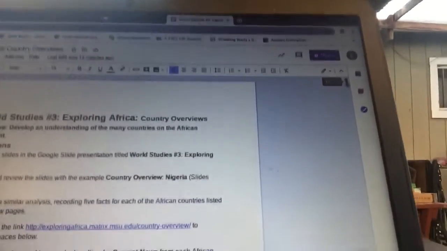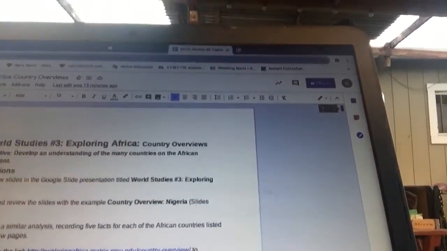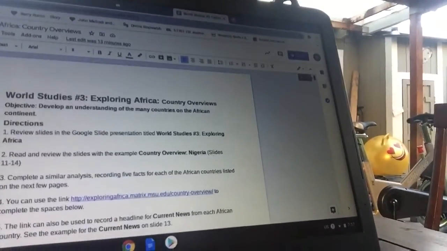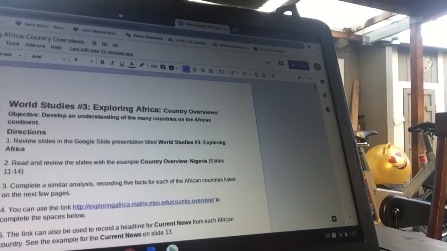Okay, so let me show you that link really quick. I forgot to show you that. This link is going to be where you guys, and I'll click onto it from your directions here. So on the directions, go into them really quick, and then I'll click over to it. To get information on each of the countries that you'll be doing, the 49 you'll be doing, you can see this link here. Move it over, and I can click on that link.